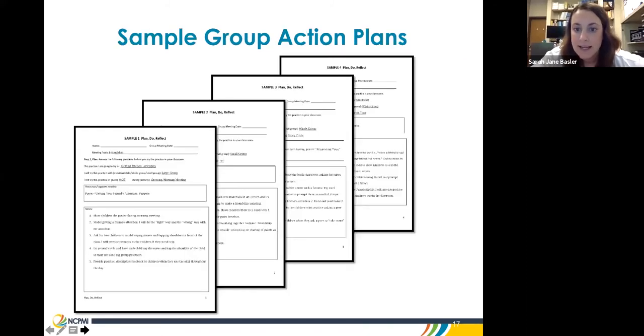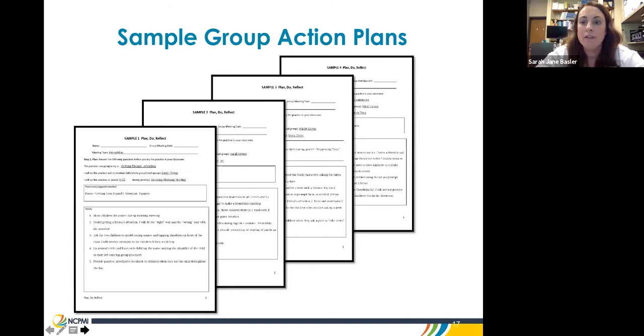And let's see. Oh, so we noticed that with the first group it was kind of difficult to have teachers really come up with practices that they wanted to try. So we shifted and we created some sample action plans so that we could give teachers ideas for what to try.